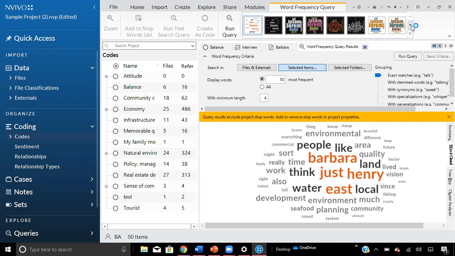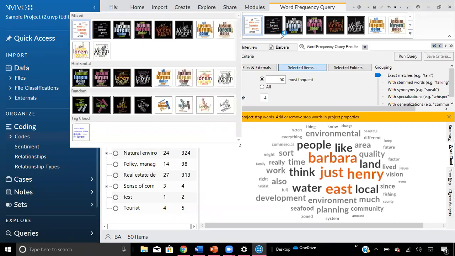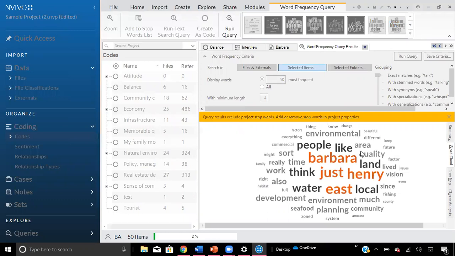At the top, you can select different colors and layouts for your word cloud. Whichever design suits your project better, you can select that. If you want a different one, for instance, it will load it.